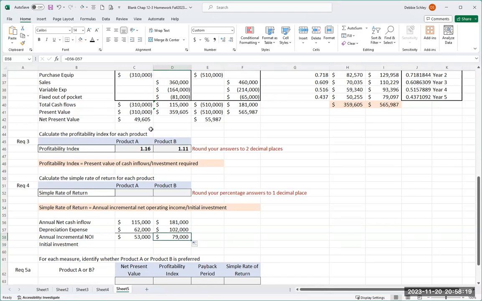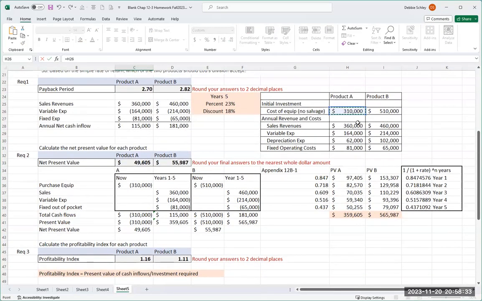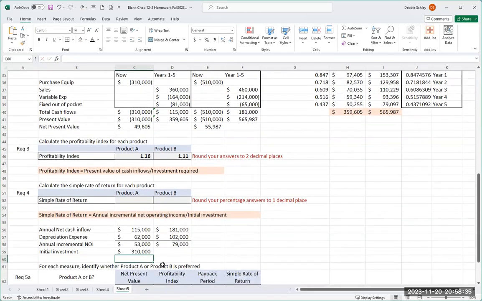So same thing over here, cash inflow minus depreciation expense. So just for simplicity's sake, there's my initial investment for A,